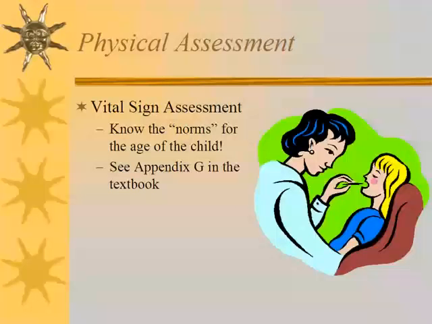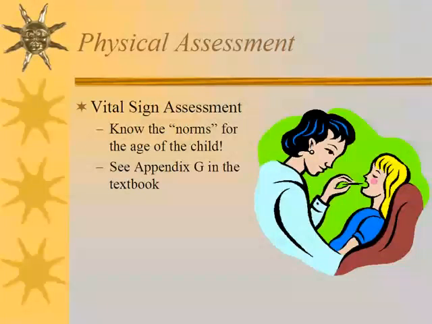If you're caring for a 2-year-old, you need to know what's a normal heart rate, respiratory rate, blood pressure for a 2-year-old, because if you don't know what the normal is, it really doesn't even make any sense for you to go in and take the vital signs, because all you're going to have is a set of numbers that you really can't make any evaluation of. You can't say, oh, they seem a little tachypnic or tachycardic, or gosh, their blood pressure seems a little bit low. In Appendix G in your textbook